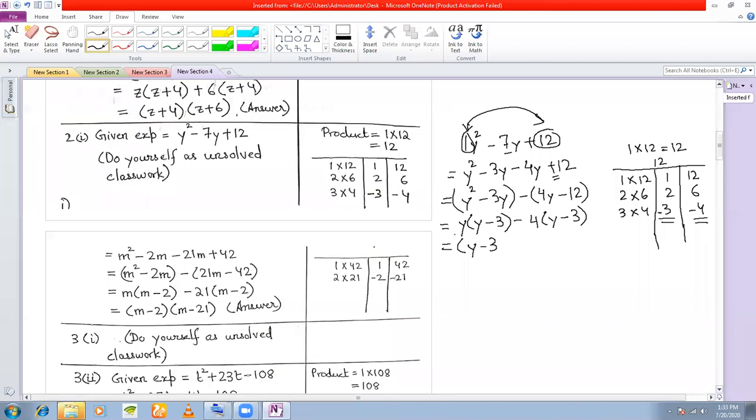So I get y minus 3. I'm getting common factor y minus 3. So I take out the common factor y minus 3. If I'm taking out y minus 3 from y into y minus 3, I'm only left with a y here. And if I'm taking out y minus 3 from this, I'm only left with minus 4. That means this expression has now been factorized into two factors, y minus 3 into y minus 4. Yes sir, I hope